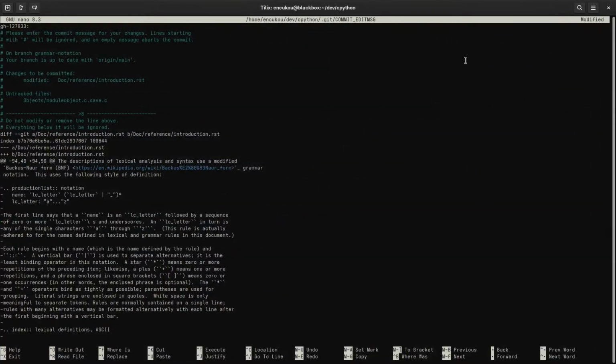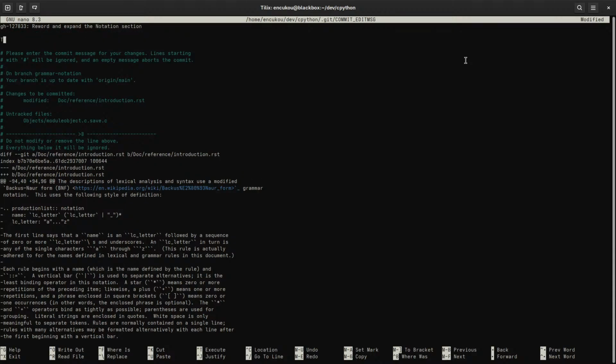And we say revert and expand. This prepares us for using the...